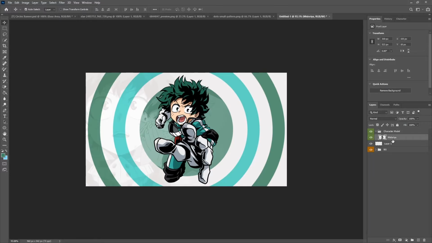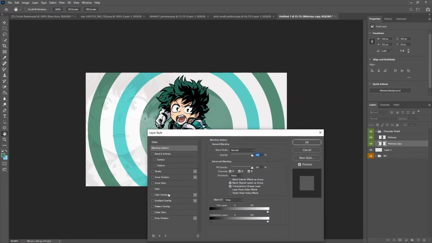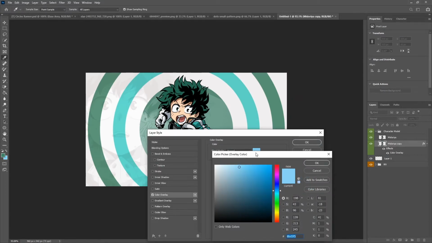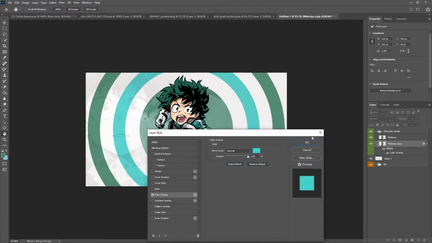I'm going to do a Control J. I'm going to move this above just so I don't have to bother renaming stuff. Going into blending options, color overlay, and the color we want to use is that same color from this first little circle that we did. That color being 4FE0CB. I'll click OK, OK,